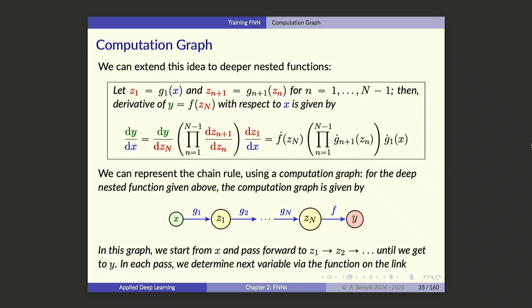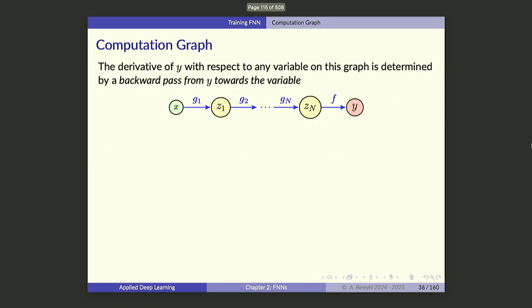So if you want to compute y, you need to do a forward pass, right? You put x, then you compute z1, then you compute z2, and so on till you get to y, right? And now let's look at the chain rule and see how we can compute the derivative in this case. Okay? So if I want to compute y, you just do a forward pass. You start with the value here, and then you compute z1, and out of z1 you compute z2, and so